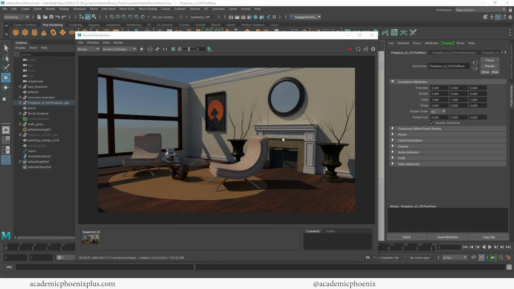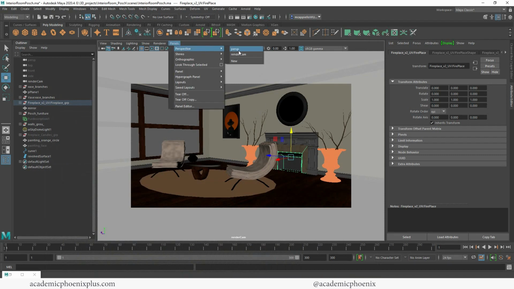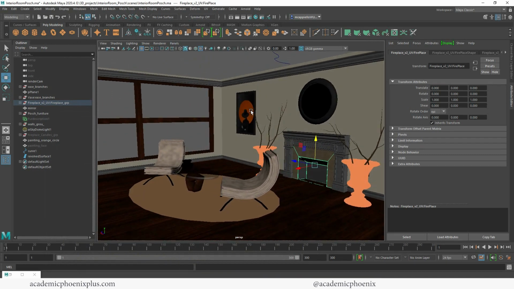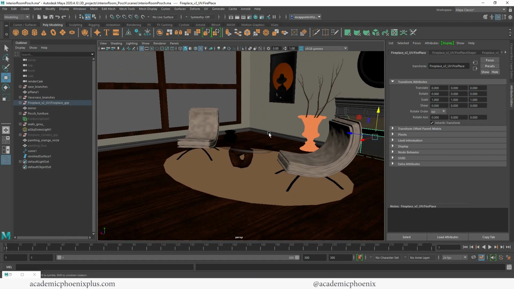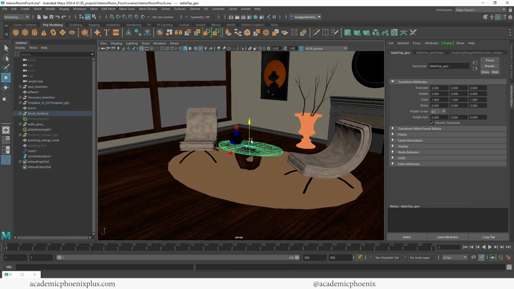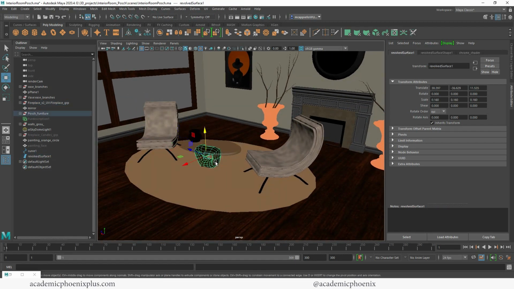This has been a request, actually several times, by multiple subscribers asking to do an interior lighting scene setup using Arnold in Maya. All right, so this is our scene so far. I just threw together some assets that I've built in the past. So for example, this is the Posh tutorial where you can build the chairs, the vase, the table, and so on